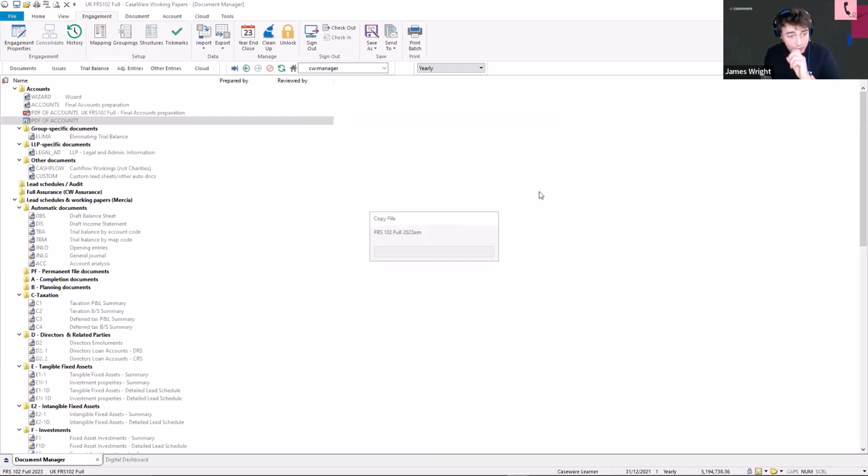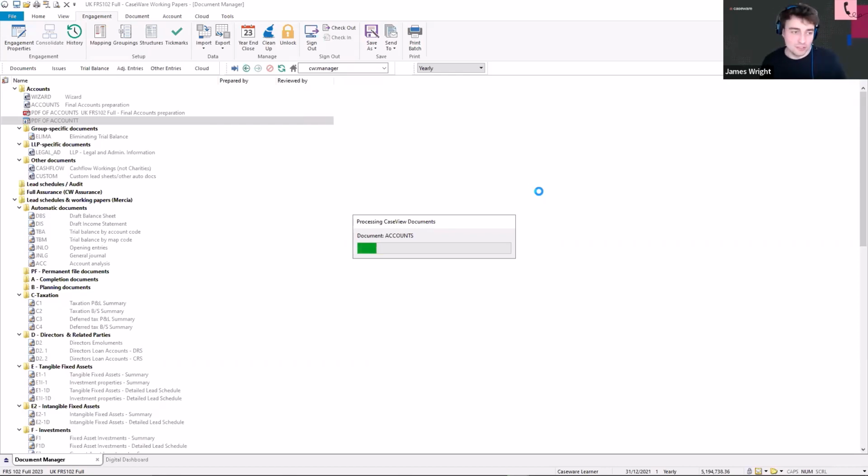To ensure that you've closed your CaseView file, so that's the wizard and the accounts, it will shout at you if they're still open. So yeah, just ensure that they're all closed down before doing this. And now it's just going to run through the process of doing a year-end close. What you may find, you might be a bit confused the first time you do this. You may think that it's just kind of